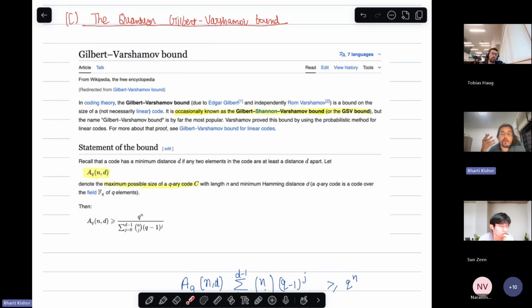This is more like a hopeful scenario. The upper bounds are saying that codes of certain kinds are not possible. You are ruling them out. But the Gilbert-Varshamov bound is giving you a lower bound, saying that certain kinds of codes are possible. It's a lower bound. And the Gilbert-Varshamov bound